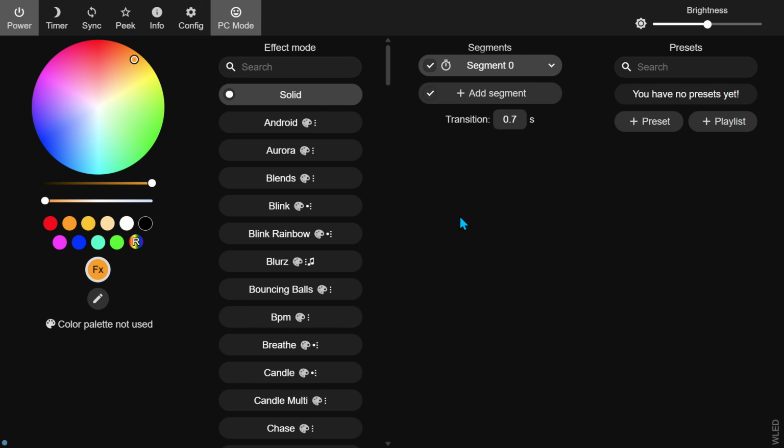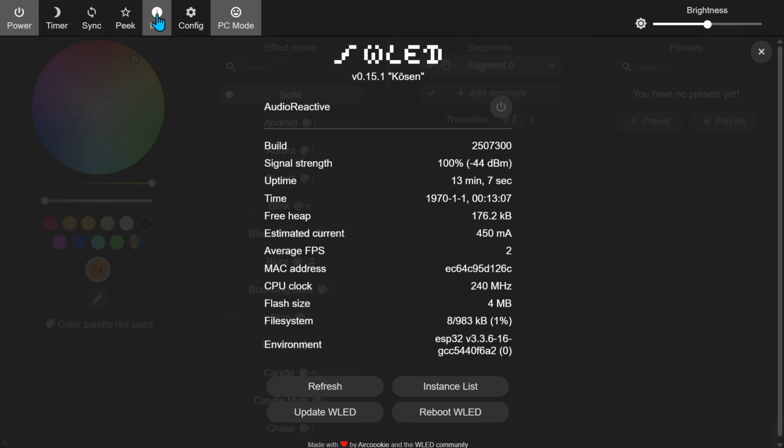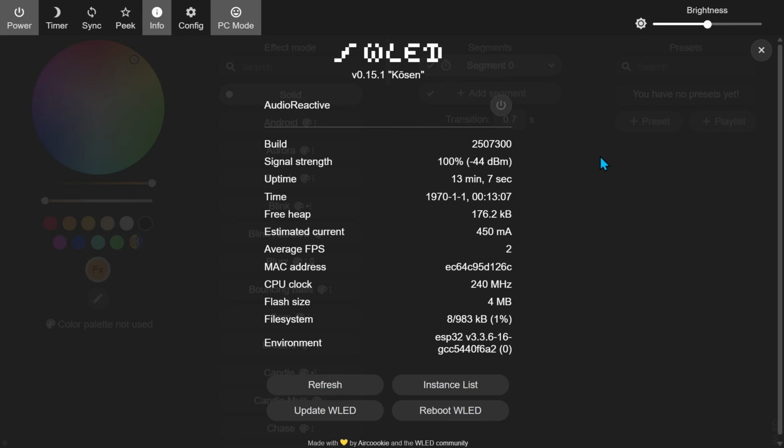And so let's take a peek around the user interface. Now, obviously, we can't really use it too much because we have no LEDs hooked up at the moment, but we can at least see what's available to us. Now, this screen that we're on, we're going to come back to later because this, of course, is where we actually control the LEDs that we currently don't have hooked up. You'll see there's a number of different options up over here, and the two I wanted to look at were info and config. So let's go into info here, and it tells you things all about the ESP32 that you've